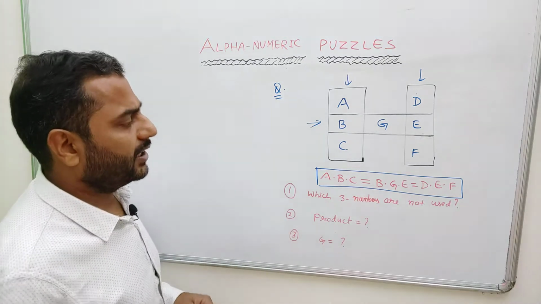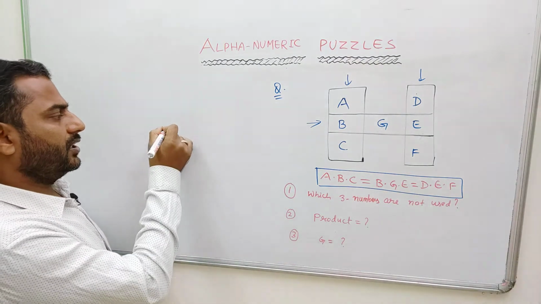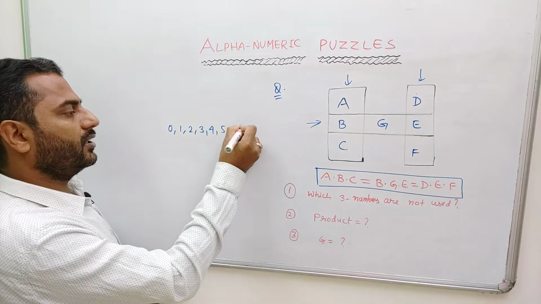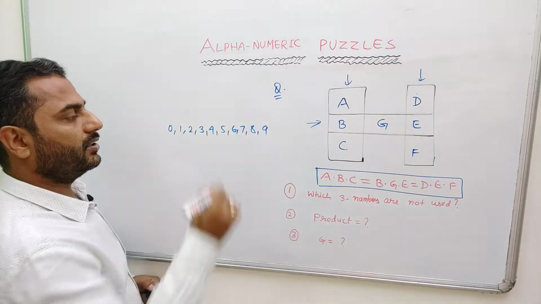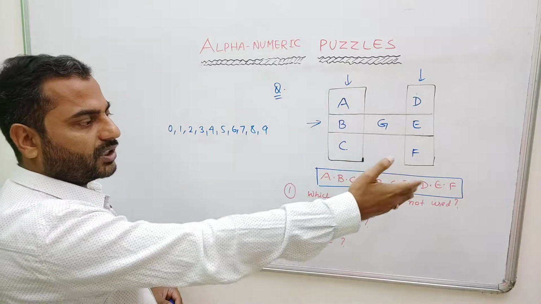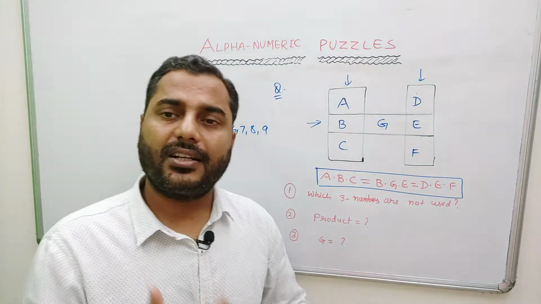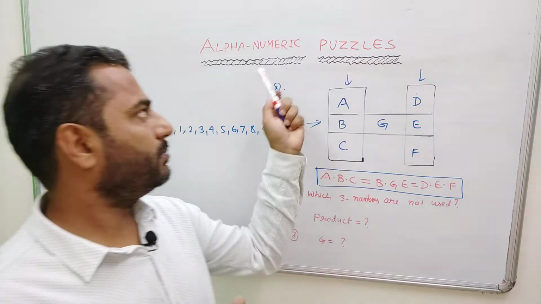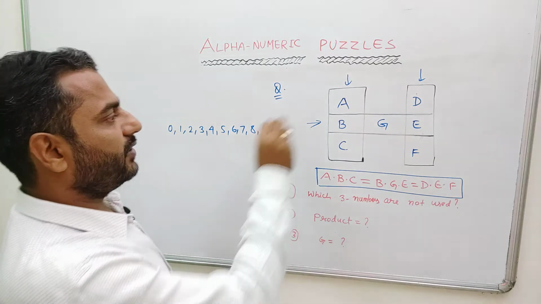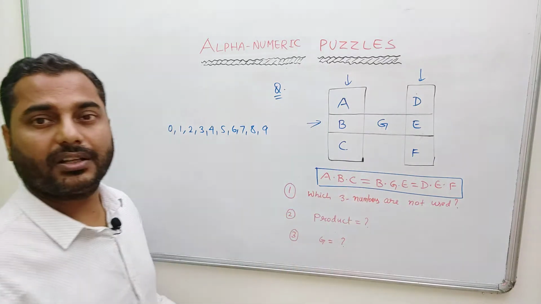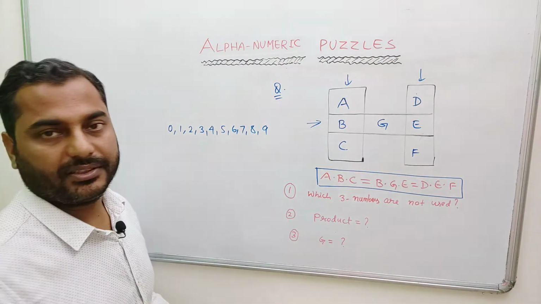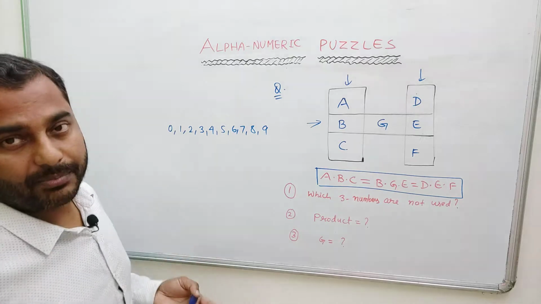Fine. Now let us understand what are the numbers given to us. The numbers are single digit numbers, so 0, 1, 2, 3, 4, 5, 6, 7, 8 and 9. These are the 10 single digit numbers, and we have to distribute them in such a manner that the product becomes constant. One thing I have repeatedly discussed in our previous videos on this topic is that please do not start in a random manner, putting in values and trying to balance the products. That will take a lot of time and it will just be a wastage of time and energy. So what is the systematic manner here?